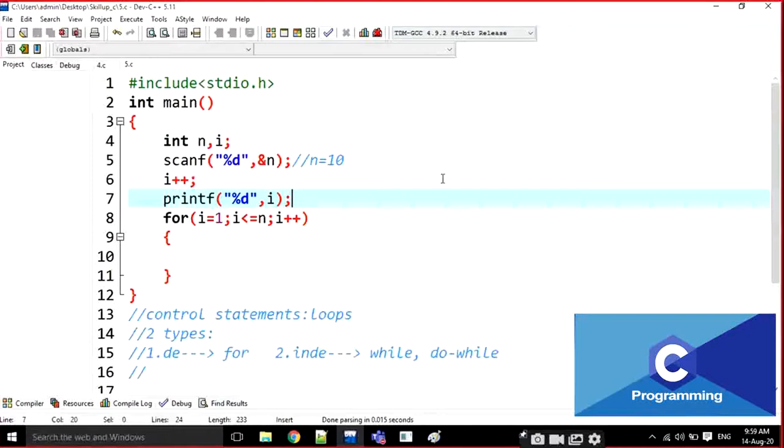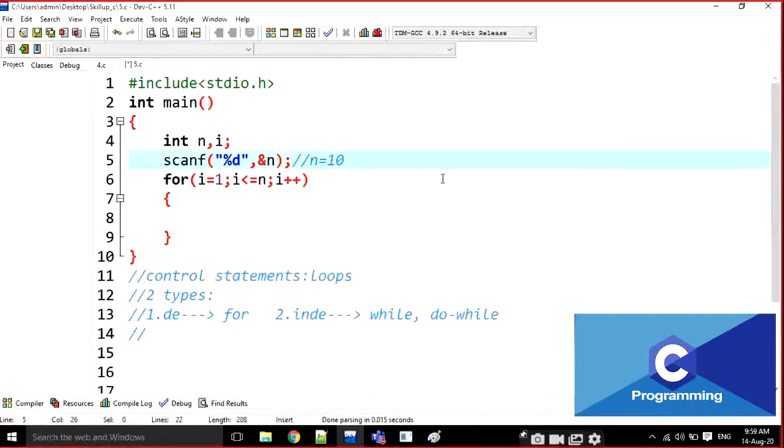Here also, plus plus i. After the statement, i becomes incremented. No problem here. Whether pre-increment or post-increment, there is no difference here. It is very common. When it becomes different, I will explain.